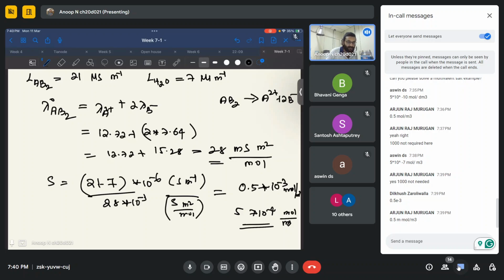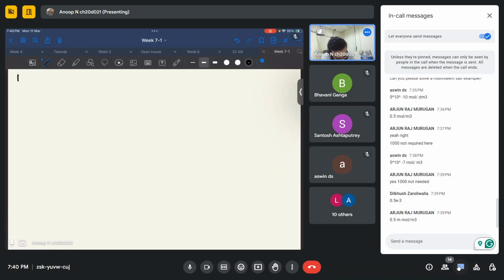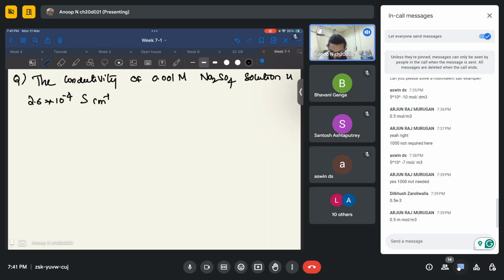So let's solve a little longer problem and stop this class. The last question for this class will be: the conductivity of 0.001 molar Na2SO4 solution is 2.6 into 10 raised to minus 4 Siemens centimeter raised to minus 1 and increases to 7 into 10 raised to minus 4 Siemens centimeter raised to minus 1 when the solution is saturated